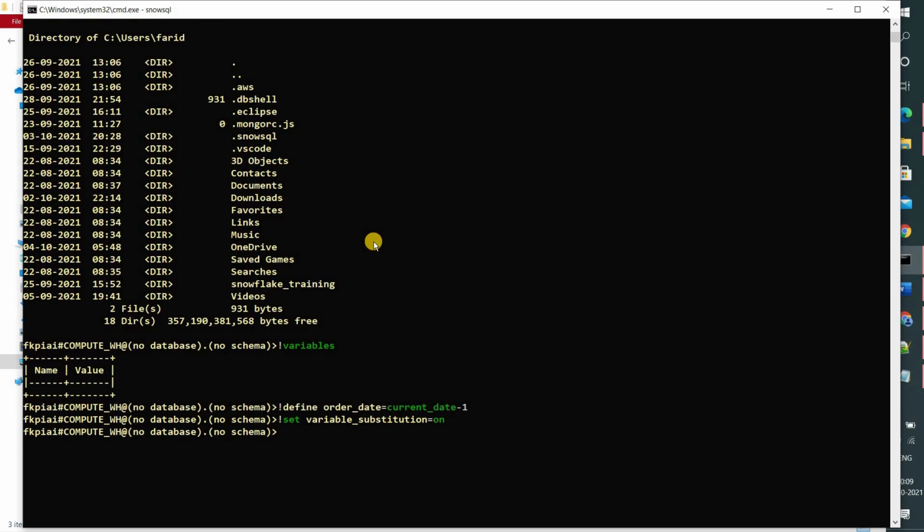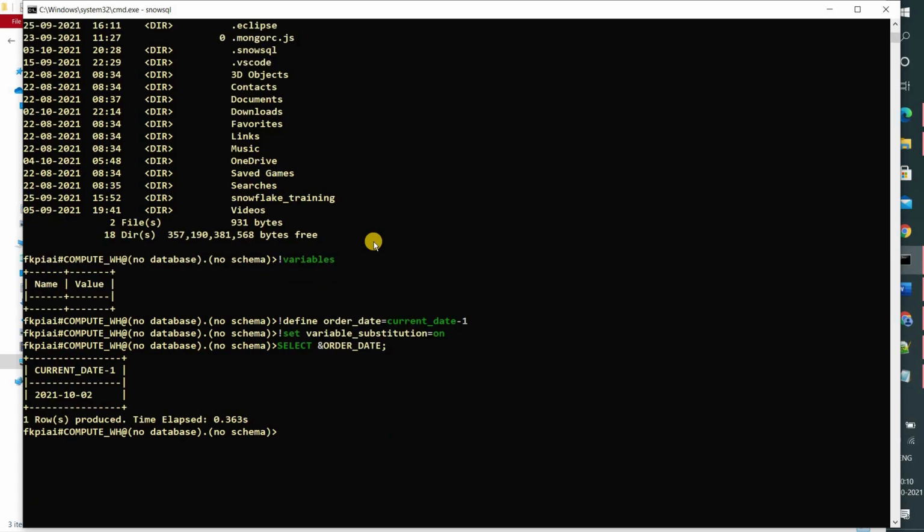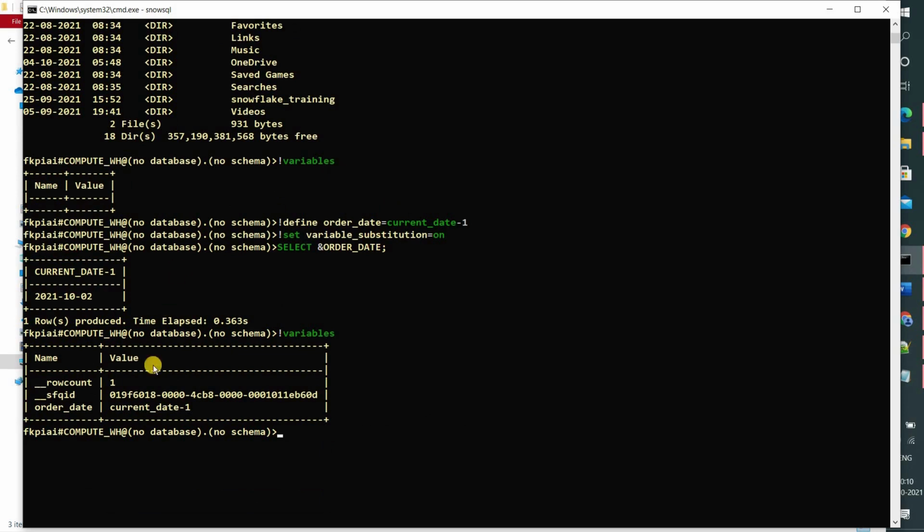Then only it is going to substitute the value for the variable that you have defined. Otherwise it will give an error, okay? So how to use it? Say ampersand and order date. Now run this command, that is exclamatory mark variables. You will see the variable that you have defined and its current value.